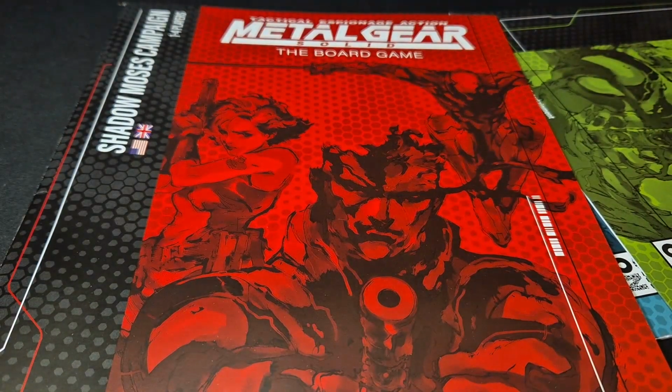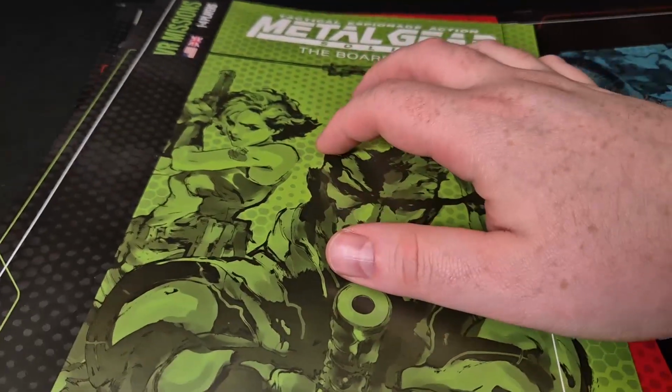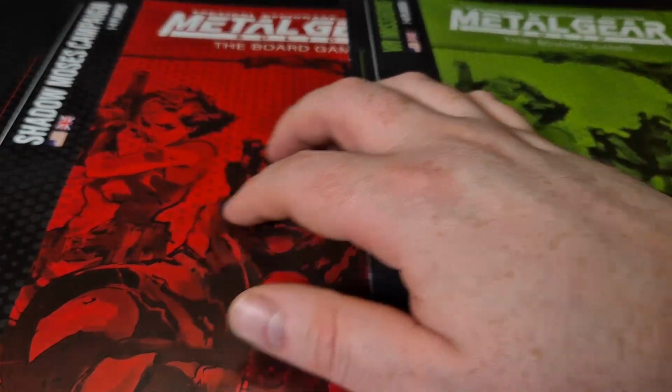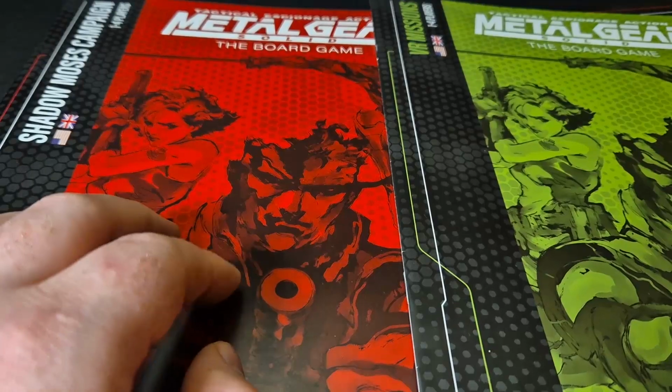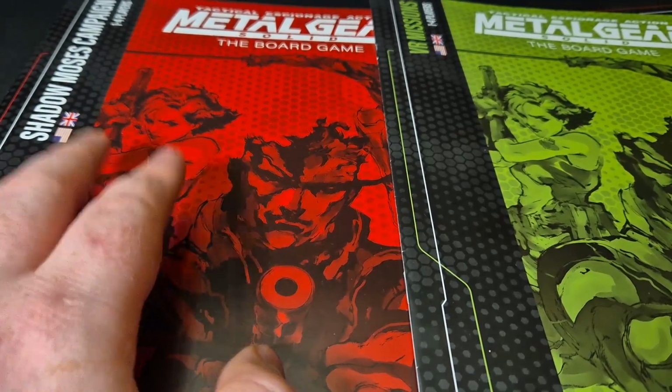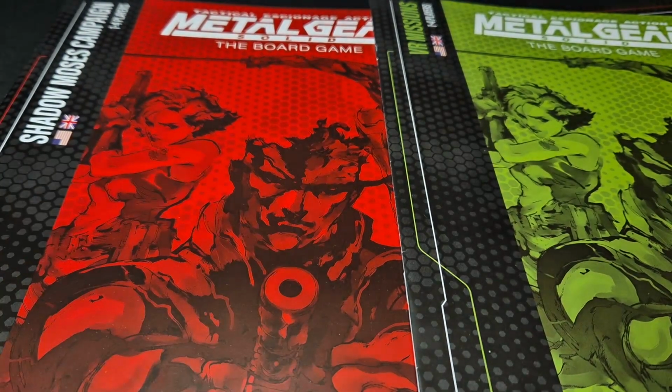But if you do have a lot of people who want to get involved in the game, you've got these VR books, or these VR missions, should I say. So Shadow Moses, play it solo or play it with 2, and if you've got other friends who want to play, you've got the VR missions. That is just about going to do it for this unboxing,